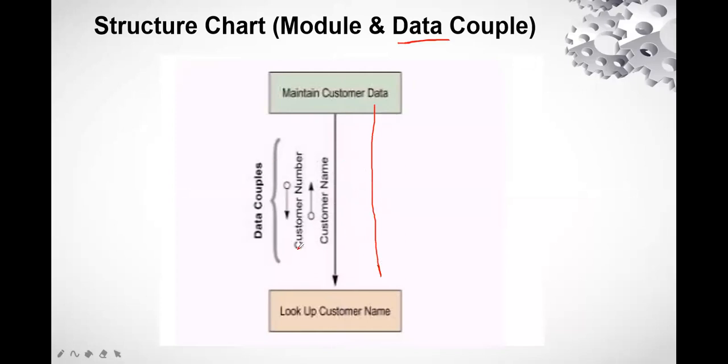So the data couple is the data that is traveling. The dependency of data is what? Customer name. I will fetch the data and this one receives it. So these are called data couples, the passing of data between the two modules, which is formed as the dependency statement, right? With the help of which they are completely dependent on each other. So this is how the data couple is defined.